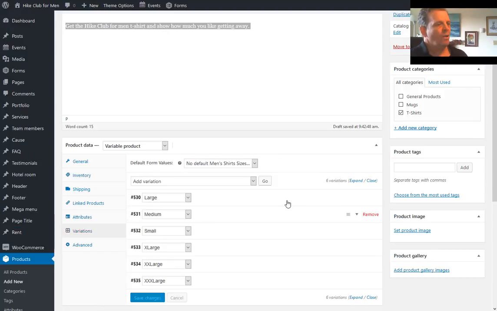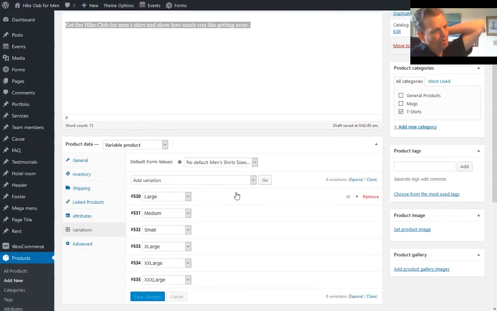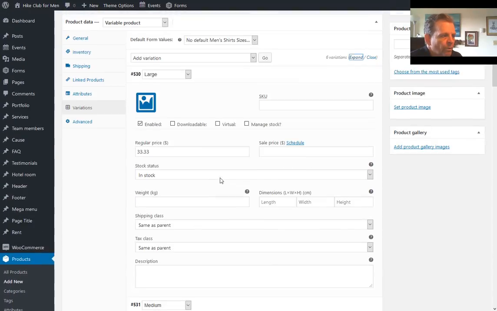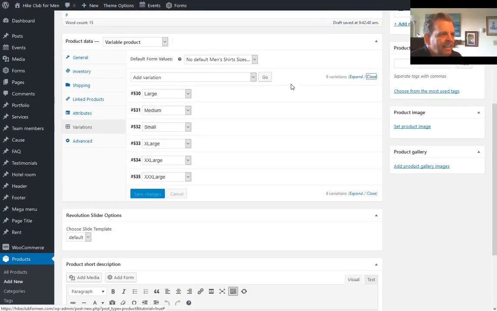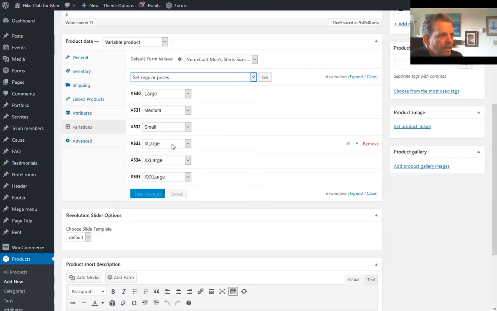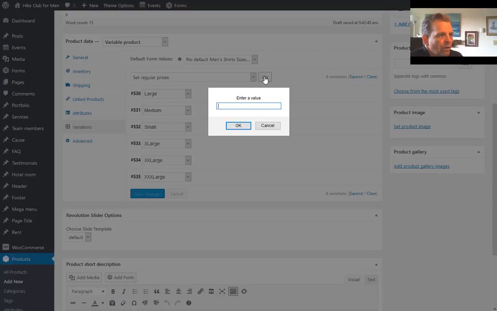Okay, back to it. Now, what we've got here, you have to set all your pricings on here. Now you can default set your prices all the way through. Now you can make it an easy task here. If all the variations have the same price, you can go here to the drop down menu for variation and set regular price. Click on go and it'll bring up, and you can set a value,